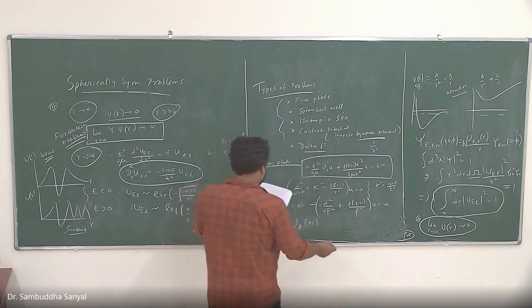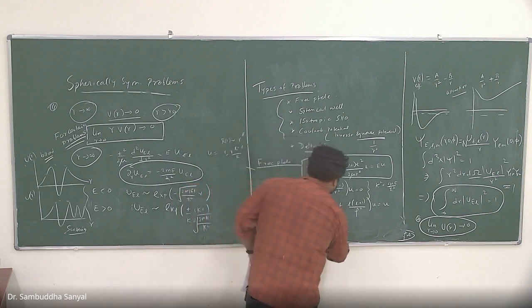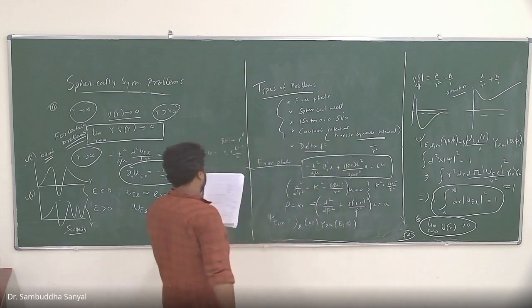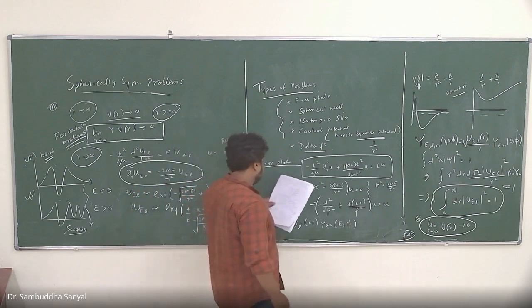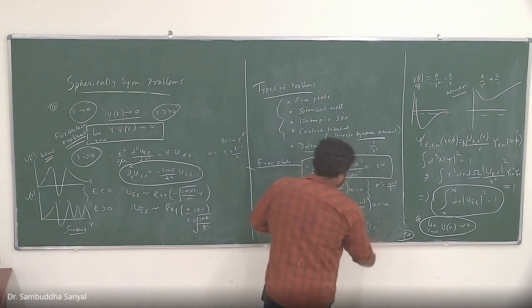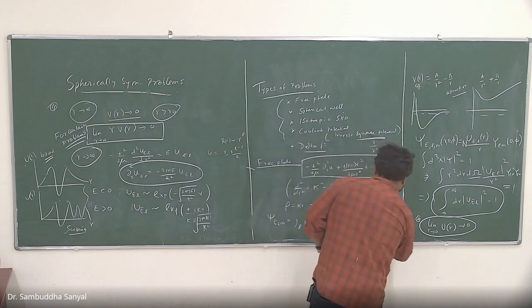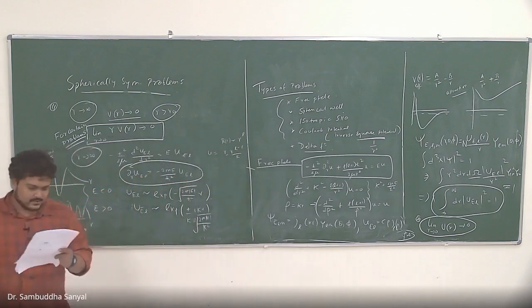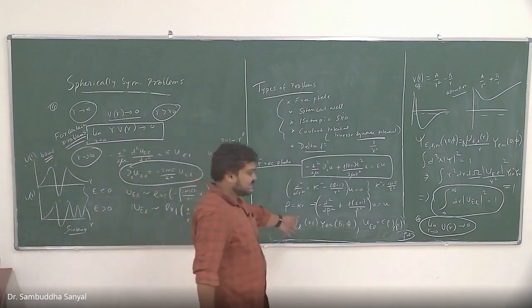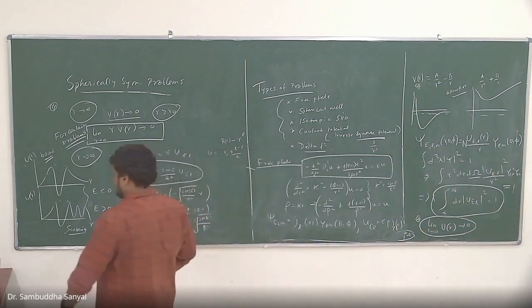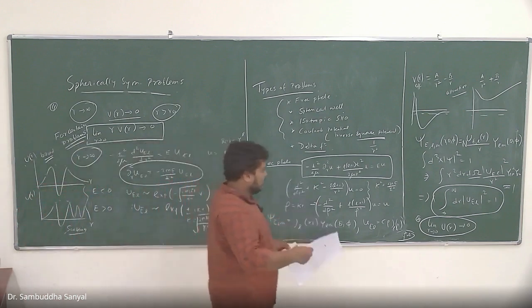J_l(ρ), so ρ is kr, and if I take the m equal to 0, this is the spherical, just the pure l equal to 0 form. This is just the spherical Bessel function. Now you can write it in an asymptotic form. Of course, J is something which you don't know unless I write it properly. You won't have any intuition what it is. So let me write it for the m equal to 0 case.